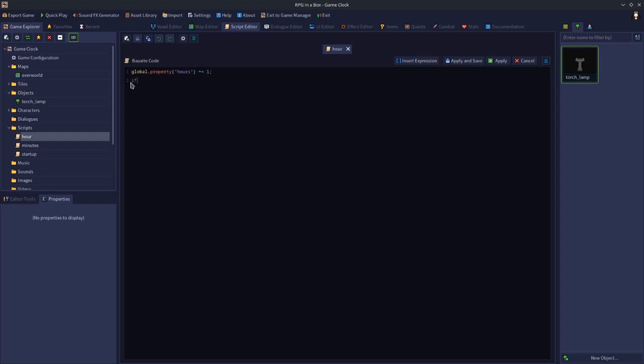But then what we need to do is check if global.property hours... Now, this will depend on what type of clock you want to set up, because you could have a 24-hour clock or you could have a 12-hour clock. For the purposes of this demo, tutorial, I'm going to show you how to do a 12-hour clock, but I'll also talk you through how you would make changes to this if you wanted a 24-hour clock. But in this case, because I'm doing a 12-hour clock,